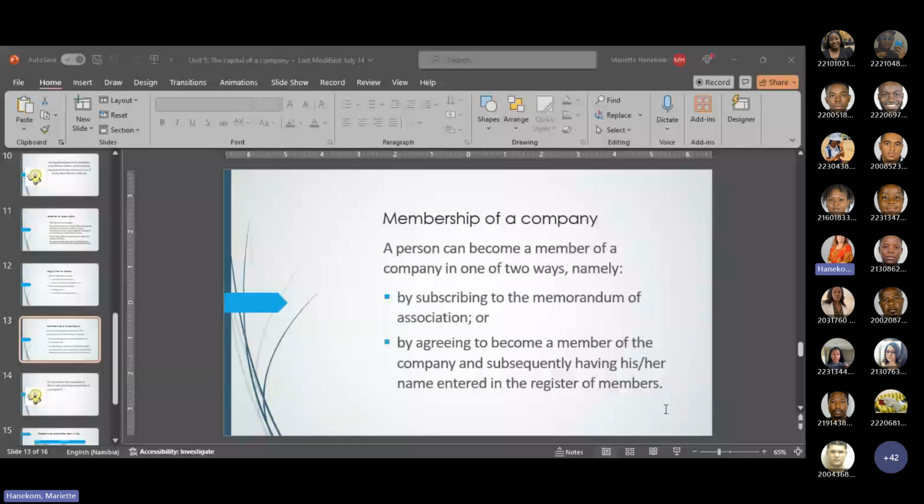Now, a company limited by guarantee does not issue shares. It is a company without a shareholding. So you cannot ever be a shareholder of a company limited by guarantee because there aren't any shares for you to hold. So in a company limited by guarantee,